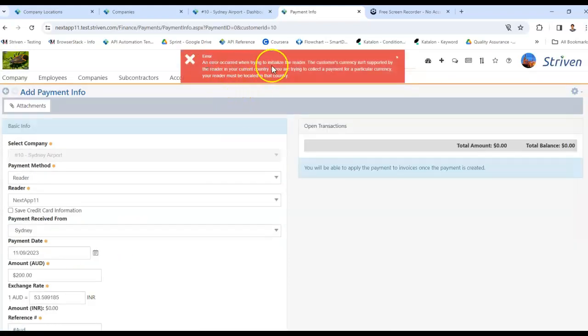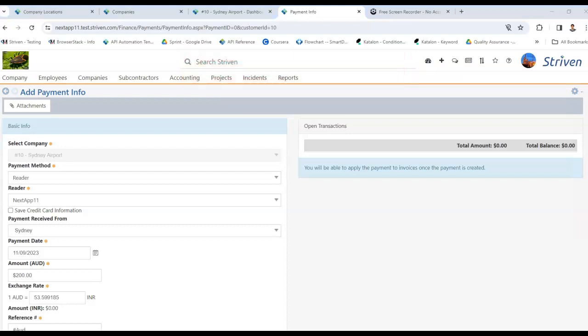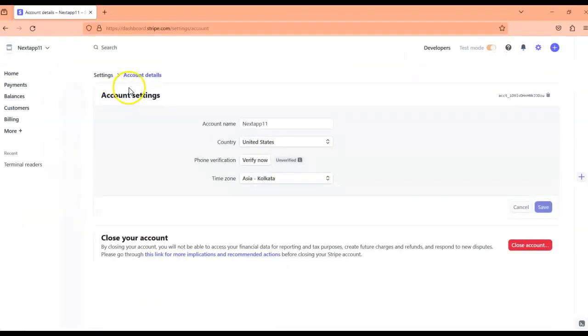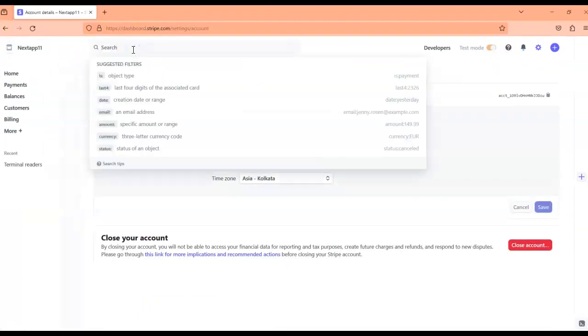yeah, this is the error I'm getting, and if I check the logs,